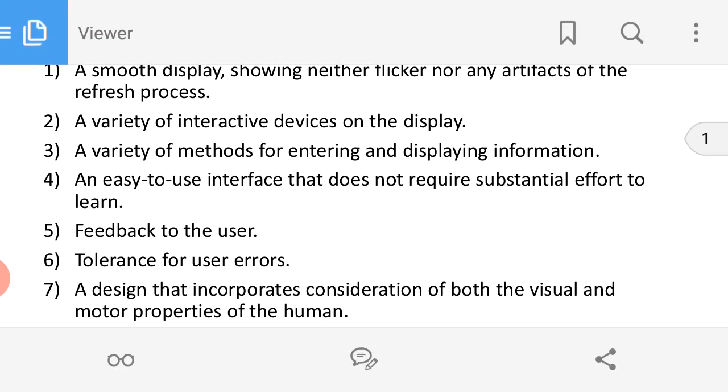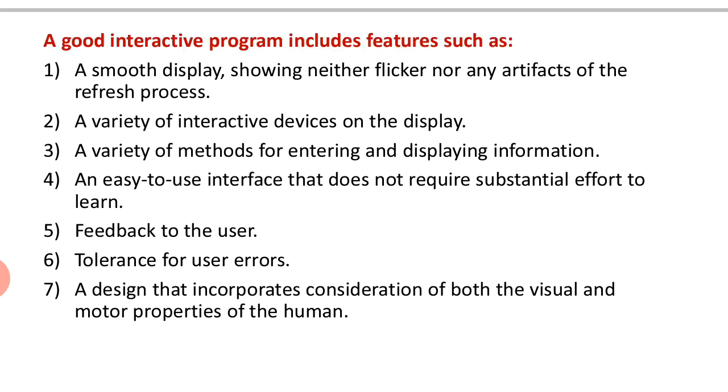The user should not feel that the image is coming and going, meaning the image should not disappear at any time. It should be constantly displayed on the output device, and also a smooth display. Smooth display means, whenever I am writing a program for animated images, for example, if I am moving a cycle, how the cycle should move?